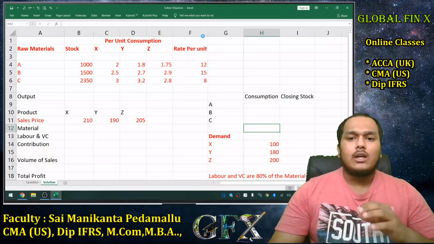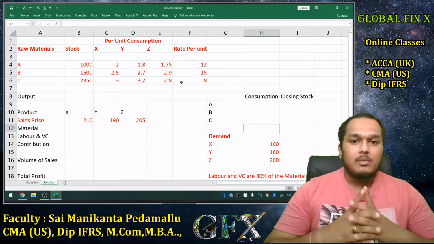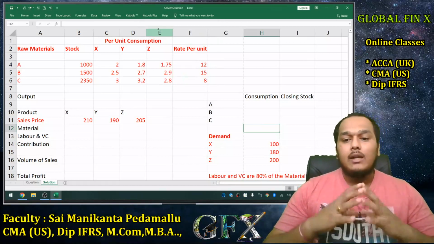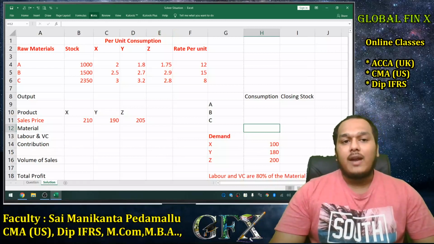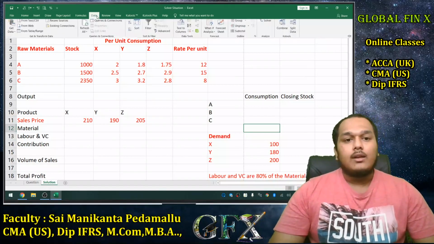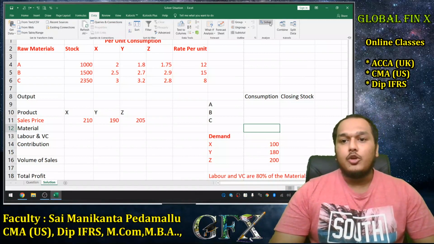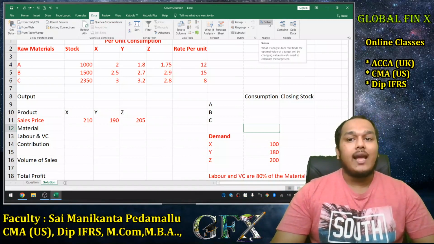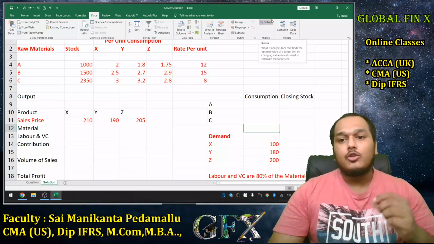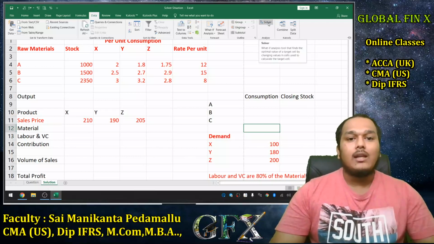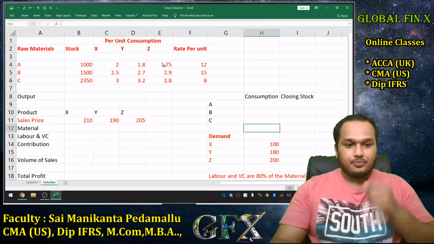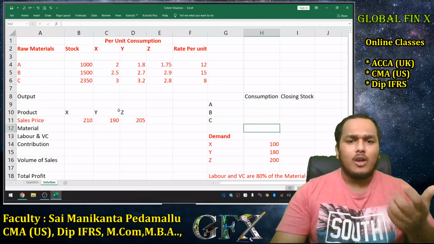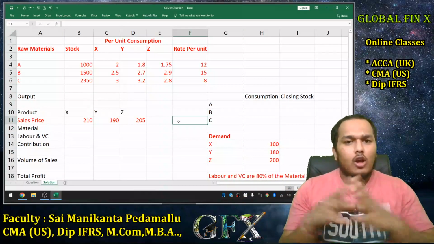It is going to take a little bit of time for Excel to enable the solver function, and once it is enabled, you can see that there is literally no change in any of the Excel functions, except that when you go to the data tab, you can see a new function called solver has been enabled. Previously we did not have this function, but when you enable that, you will get this function called solver. Okay, now first, before we start solving, obviously we need to fill out all the values here.